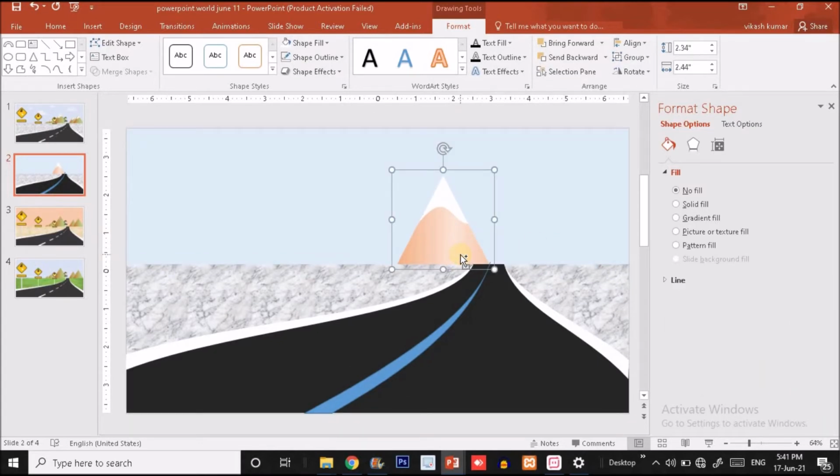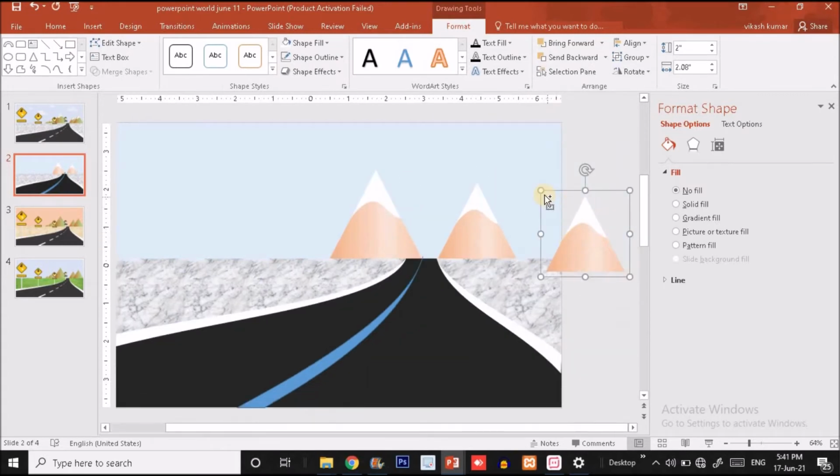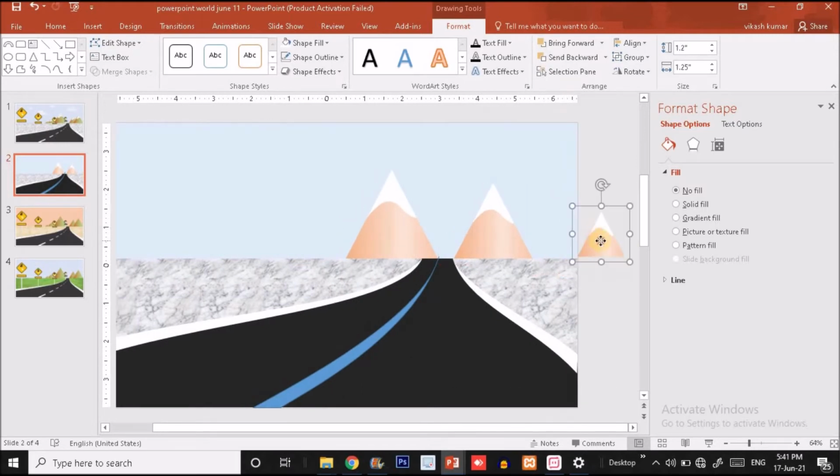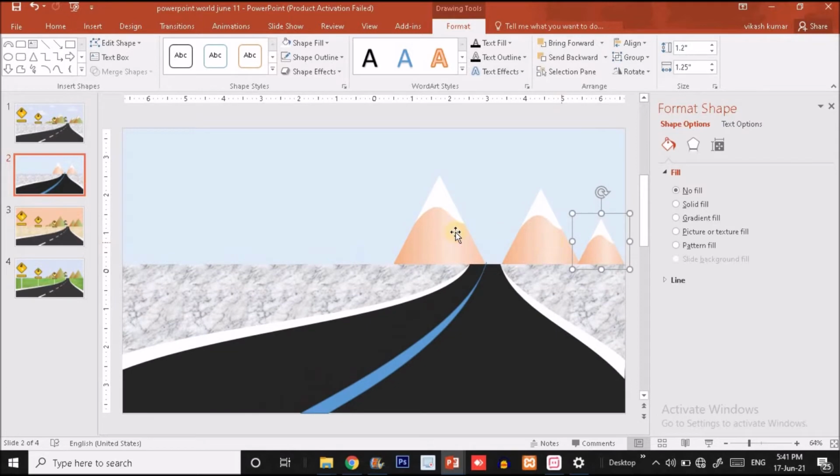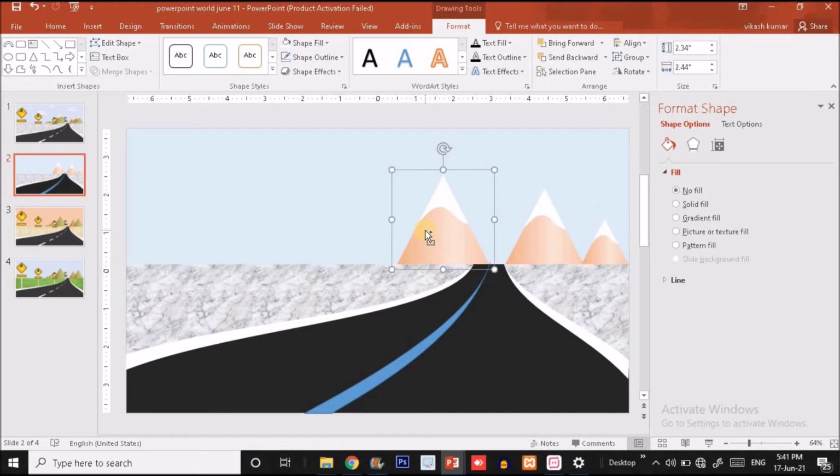Okay, now I'm just going to duplicate it by pressing Ctrl D and put it over here. Put it over here. Let's make it small. Put it over here. Press Ctrl D. Press Ctrl and Shift together and drag it inward to make it smaller. And put it over here. And now again I'm going to duplicate it. Just drag it down and put it over here. Ctrl D. Press Ctrl Shift. Drag it upward and put it over here. So these are the mountain effect. You can create it, guys.